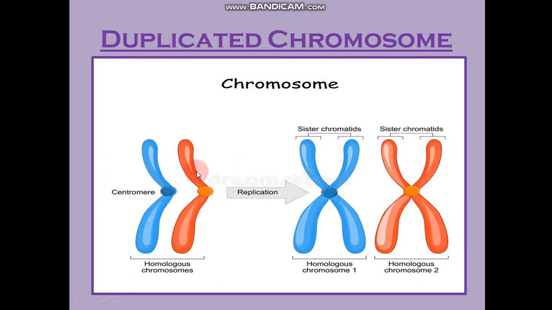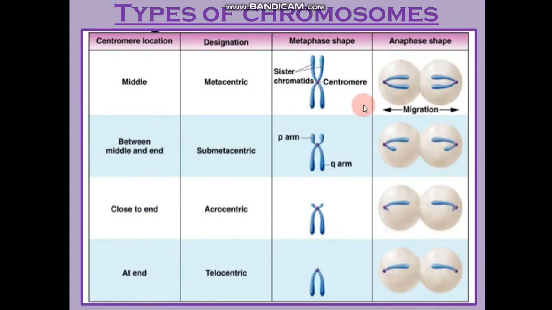If we talk further about the duplicated chromosome, you can understand better by this diagram. This is a single chromosome, non-duplicated. When the cell divides, only a single chromatid goes to each side. Then these single chromatids replicate and form a sister chromatid also. This replication takes place in the S phase of, sorry, interphase. So this is the duplicated chromosome. Moving forward, there can be four types of chromosomes, and we can study chromosomes well only in the metaphase stage.